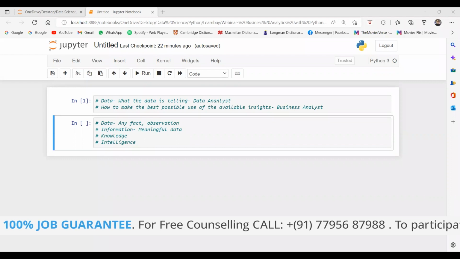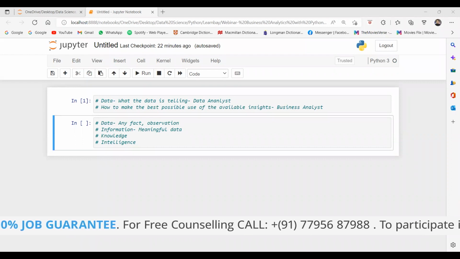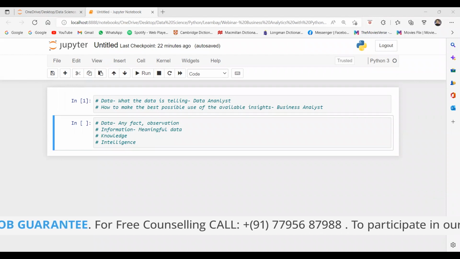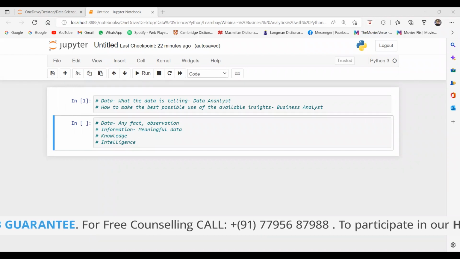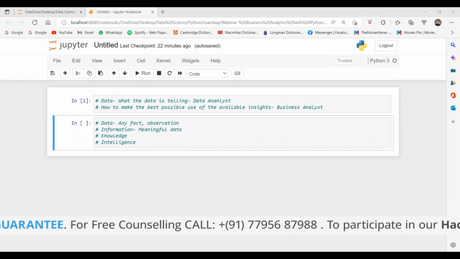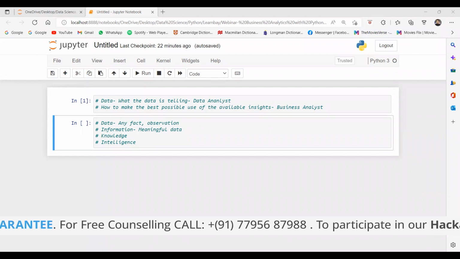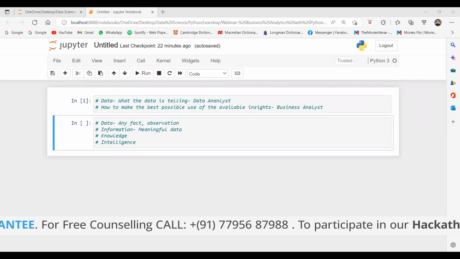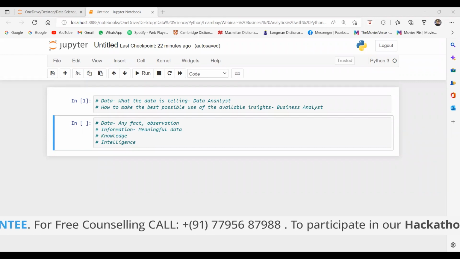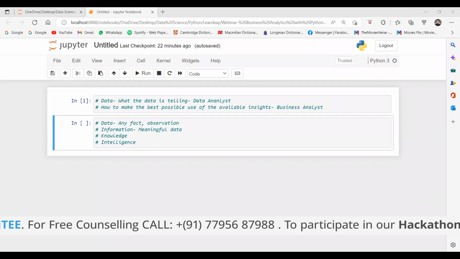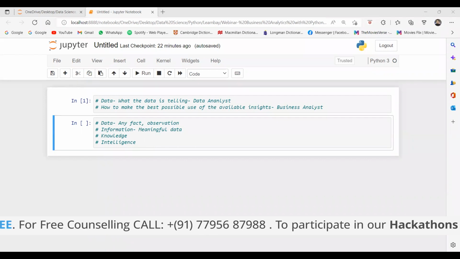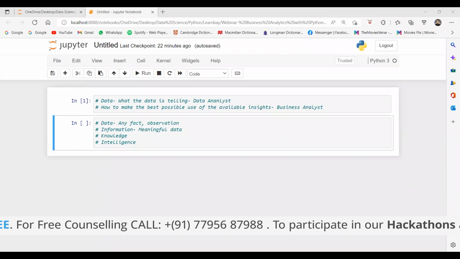Fine, guys? Typically, he will ask the data analyst team to get the task done, or the software developer team to give him a task done. That's fine. But when he is going to explain to the clients what is happening in the background, if he doesn't have any knowledge... Suppose the software developer team has given him an app and says, this app is ready, go to the client. It is the job of the business analyst to explain everything to the clients, yes or no?